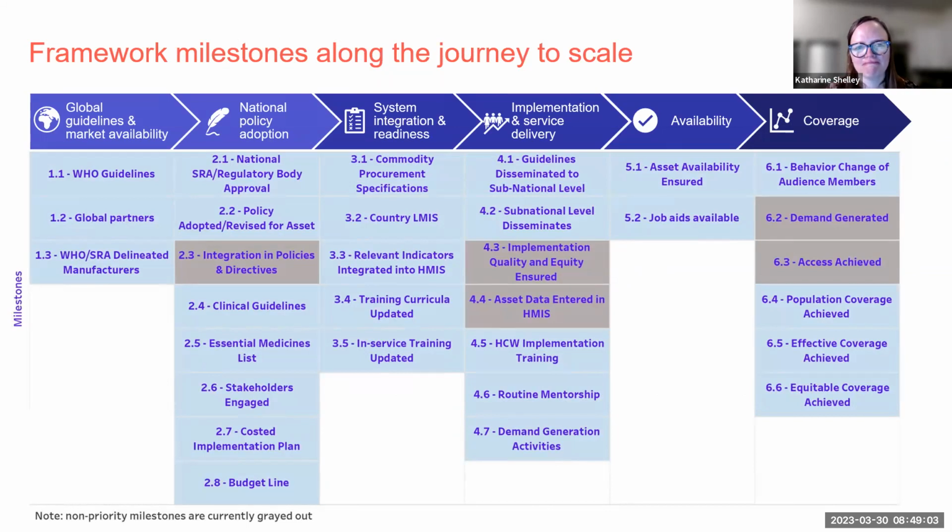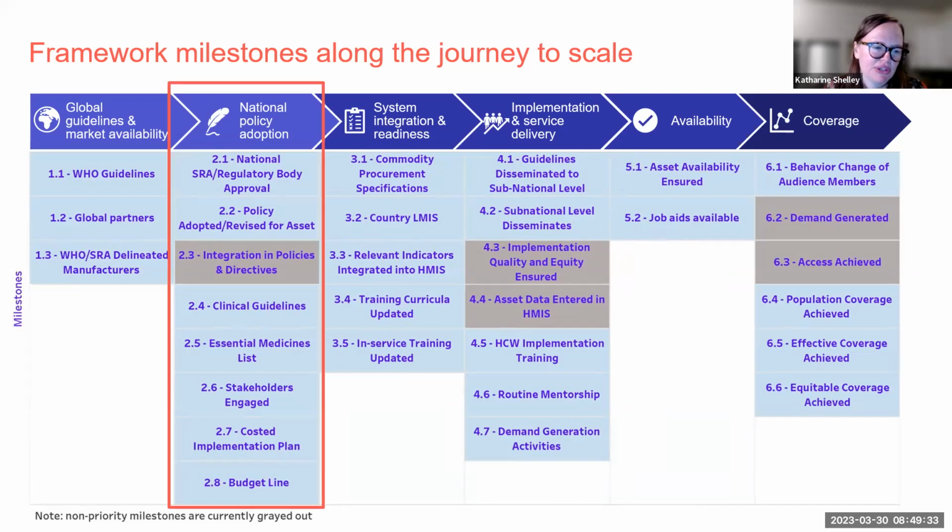If we look at global guidelines and market availability, there are milestones around whether there are WHO guidelines about the particular asset or intervention, also manufacturer guidelines for that. As you go through, you can start to get a sense of these milestones, but behind each of the milestones, there might be one or more indicators that help define that milestone.